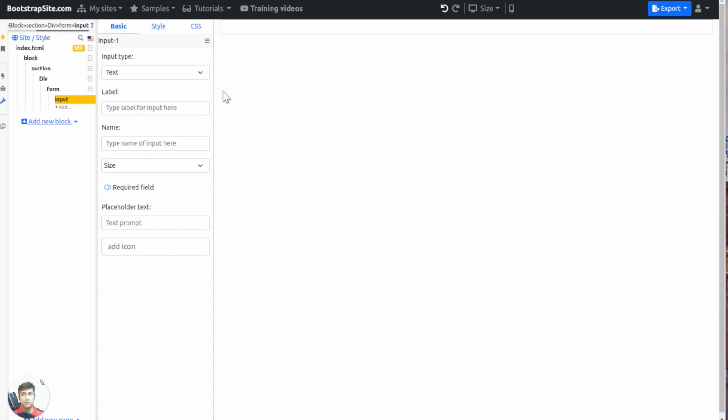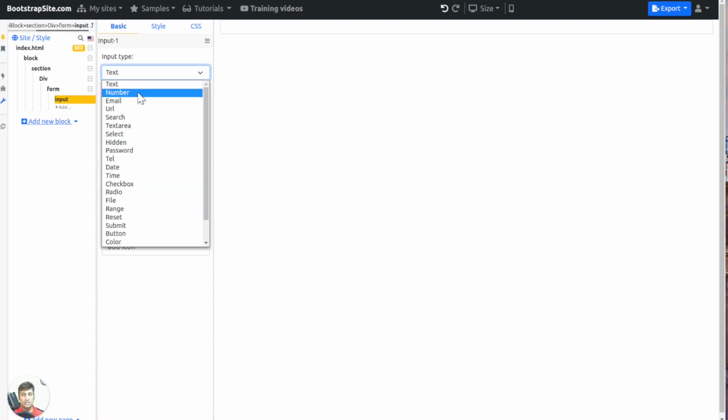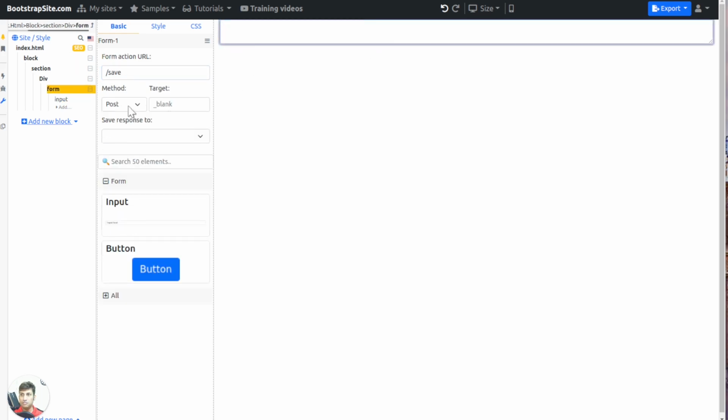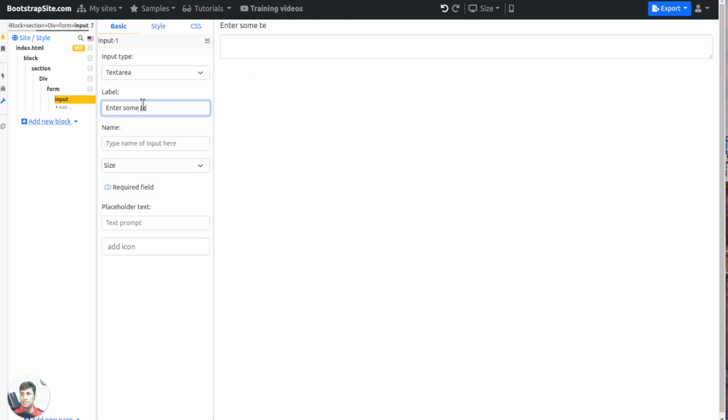And when you add an input, you have these options, that is, is it a text input, number, email, URL. Let's say it's a text area. So this is a little bigger input. I'll just say enter some text below, and the name of the input, I can just say data, and this is the size I want,